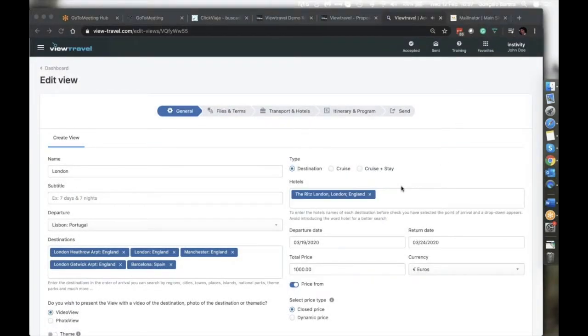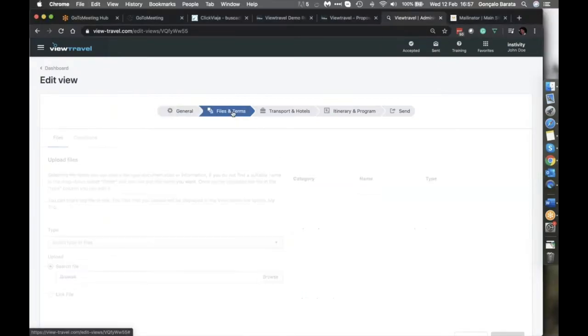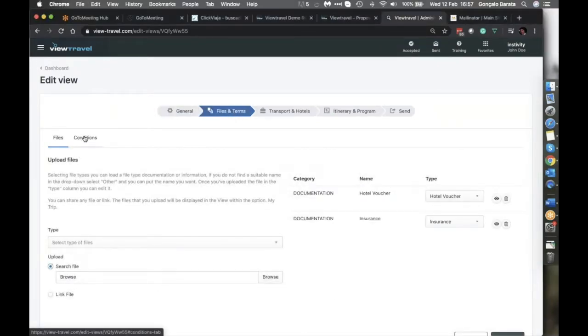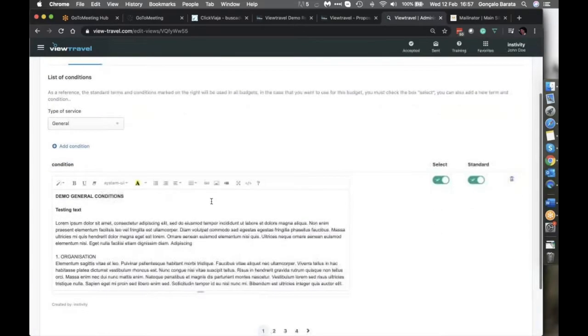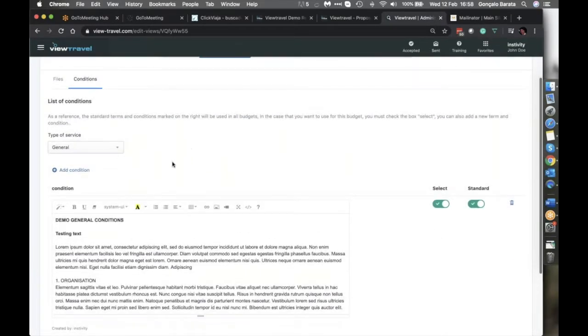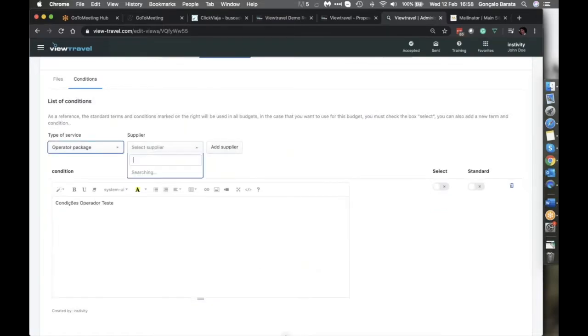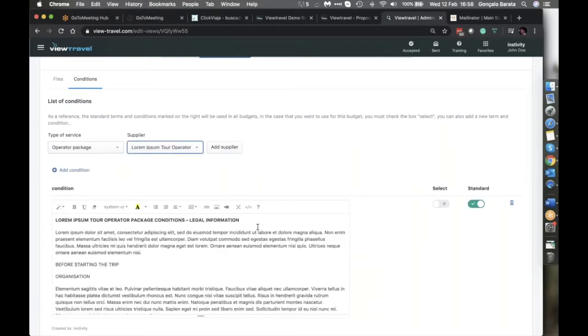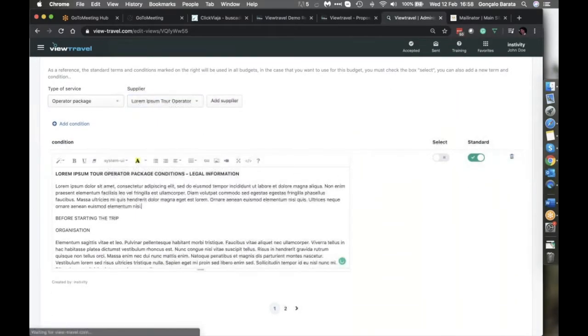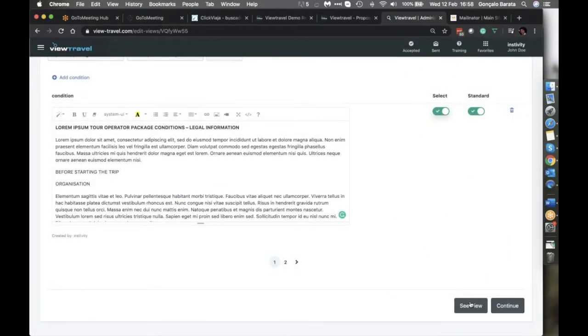I can do this in one go. For demo purposes, I'm just showing you. Now in the conditions area, you already have these standard ones here. I'm going to add some general conditions about the operator package. In this case, this is a specific tour operator that I have here, and let's select this one. Where does this information appear? If I click on See View,